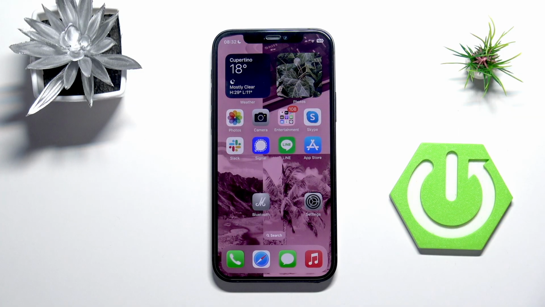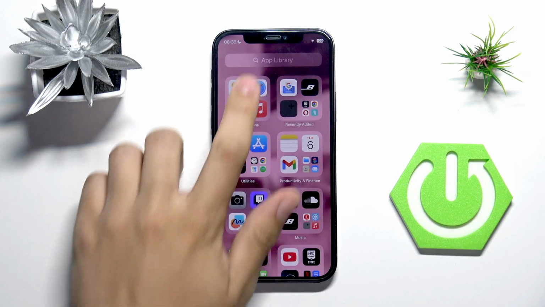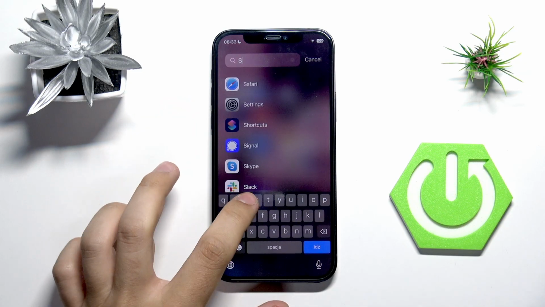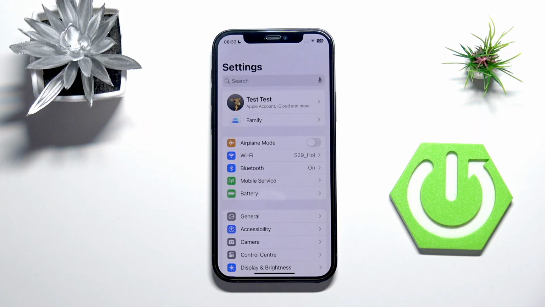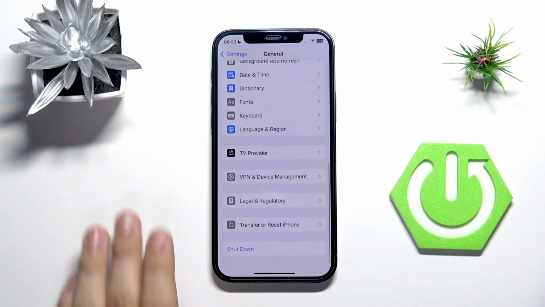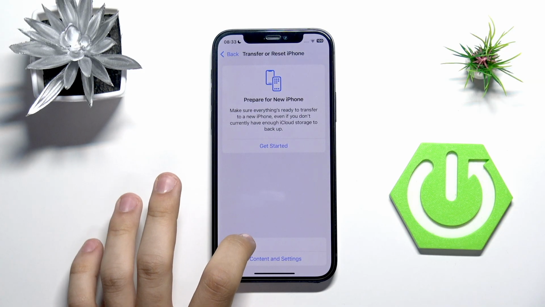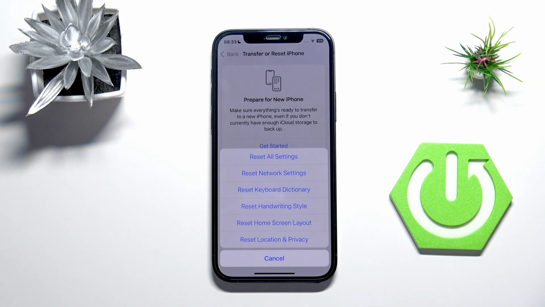First, we need to open up the settings. Those should be on your home screen, but if you can't find them here, all you need to do is go all the way to the right, then click on App Library, write Settings, and open them up. Now just click on General, scroll down, then Transfer or Reset iPhone, then click on Reset, and there it is,